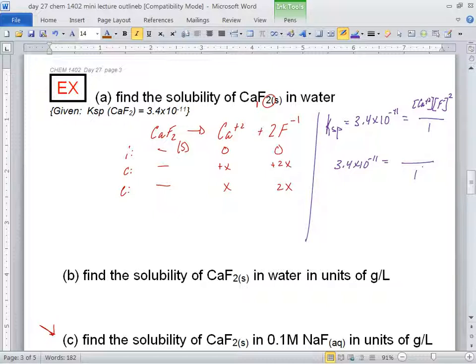What would you put in here, Kendall? The calcium concentration is x. Yeah. So you see the little insurance policy there? By writing this first step, it didn't take very long, but you sure won't screw up in this step then. Okay, so we've got 3.4 times 10 to the negative 11, Audrey, is really equal to what? How would you simplify that part?